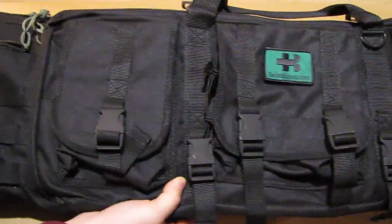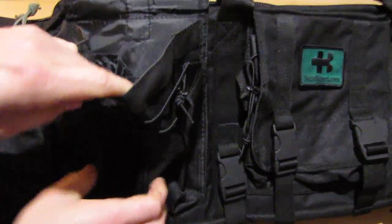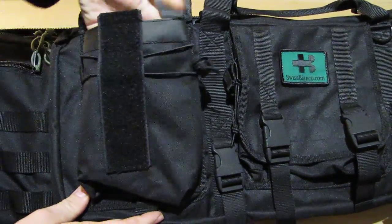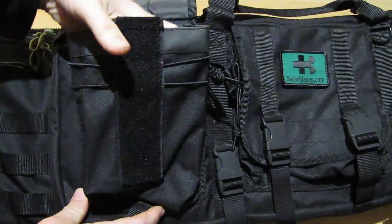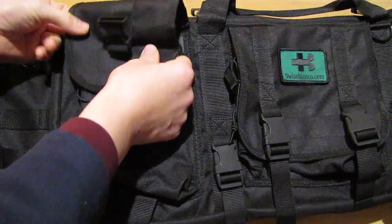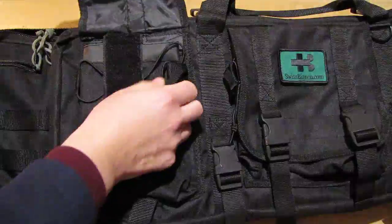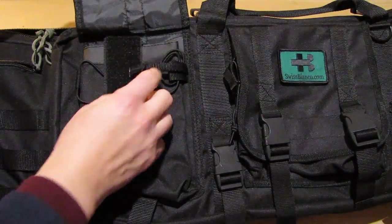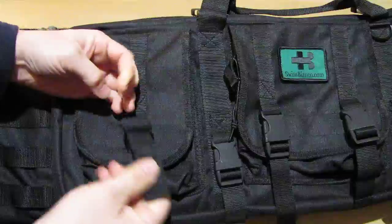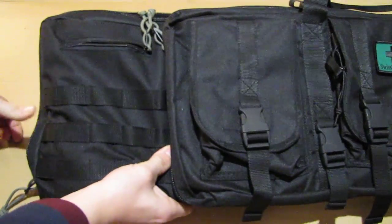Then we have on the left and the right side some more pouches. This has an insert in it, a divider. It would also work for magazines. The AR-15 magazines would fit well in it. It has a long Velcro, so you can also have the flap longer like this, so even a 40 round magazine would fit. Again, the adjustment with the bungee cord, and of course the lower adjustment with the strap. That is on the right side as well, and then we have here on the left side,